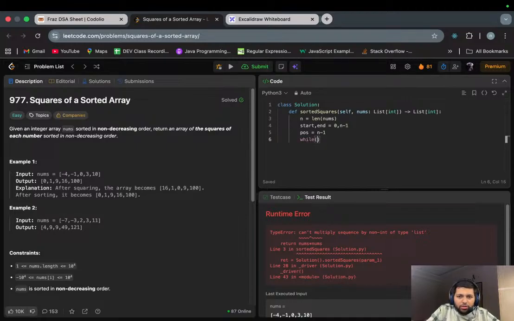While start is less than end. In that particular scenario, what we will do is